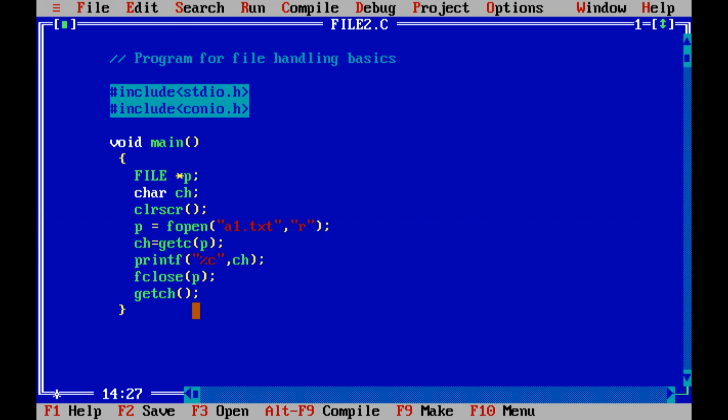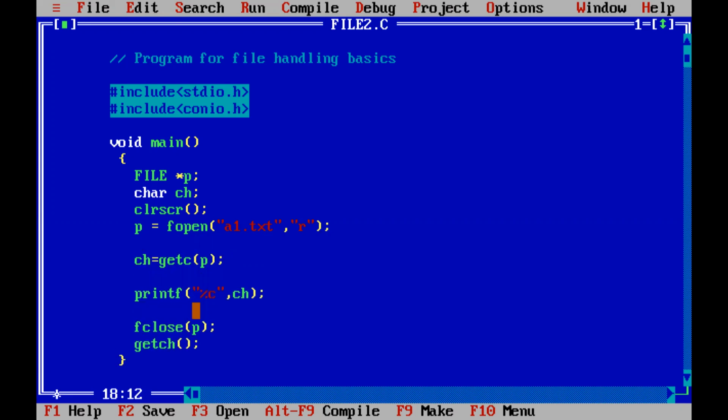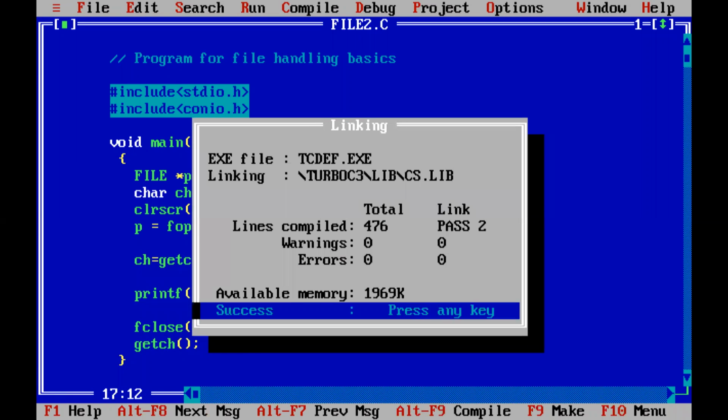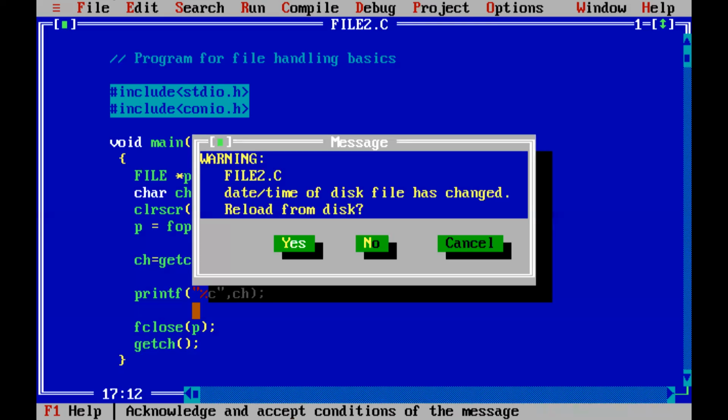I'll show it to you. Here I'm opening the file a1.txt in read mode. And when you open a file in the read mode, the file pointer is pointing to the first character in the file. Okay. So when you use this getc function, it would read the first character, or the character on which the file pointer is pointing, and store it in the variable ch, which is a char variable. Okay. And then if you print it, obviously it will print a capital H. So let's first save this, compile this and display. So you can see it has read the first character from the file, right?